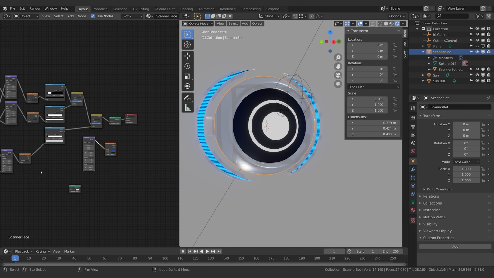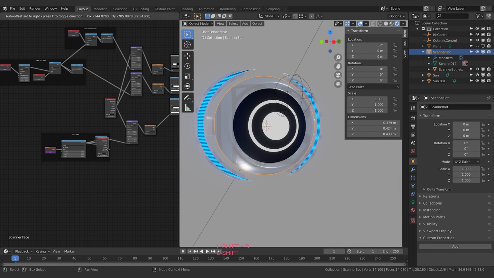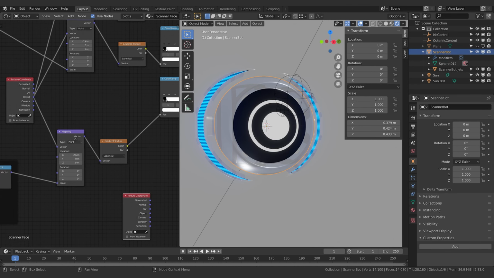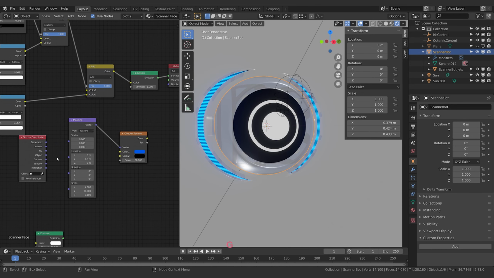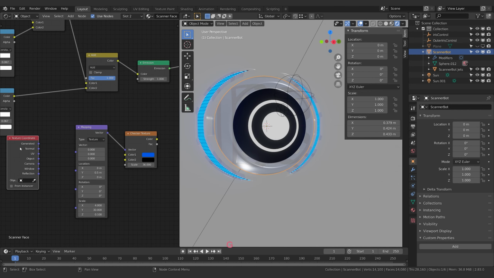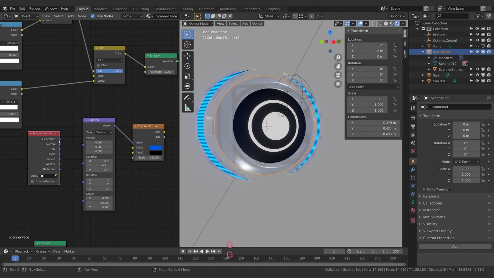We're going to take this system. I'm just going to duplicate my texture coordinate. Sorry, I'm so zoomed out, you probably can't see anything. Just grab my texture coordinate node, bring it right over here. And I'm going to plug the object into the vector. And you remember with this one, it's set to texture, not point. Point's the default. This one's set to texture, and this is how we got that working well last time to